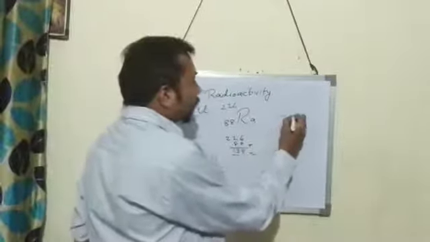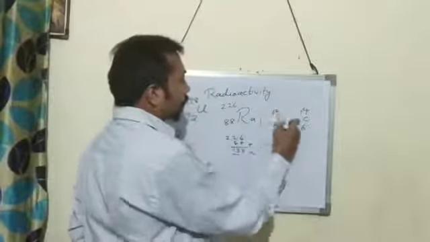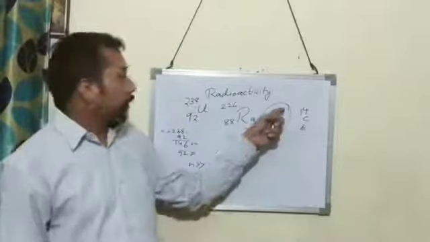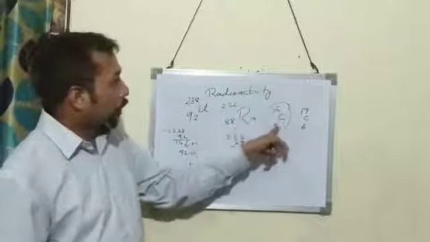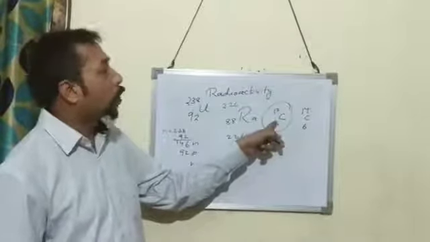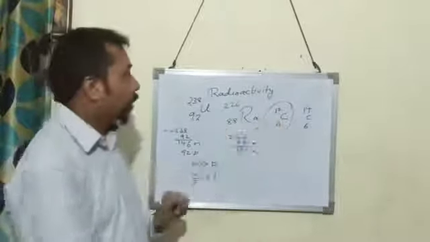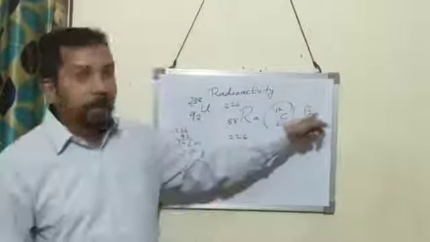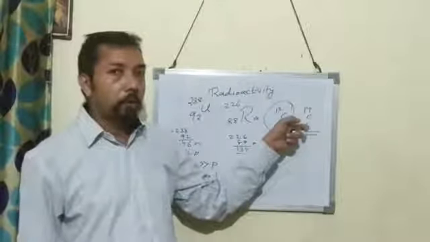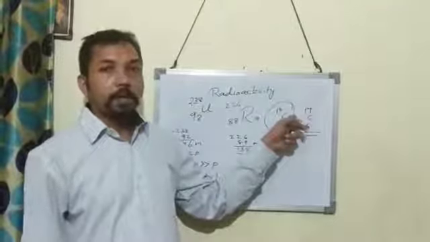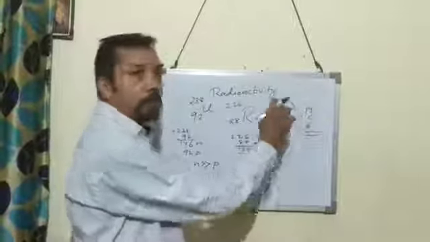Take the case of the carbon isotopes 6C12 and 6C14. This one is not radioactive because the neutron number is not much more than the number of protons, or the neutron to proton ratio is not much more than 1. But this one is radioactive because the number of neutrons is more than the number of protons, or the neutron to proton ratio is greater than 1.